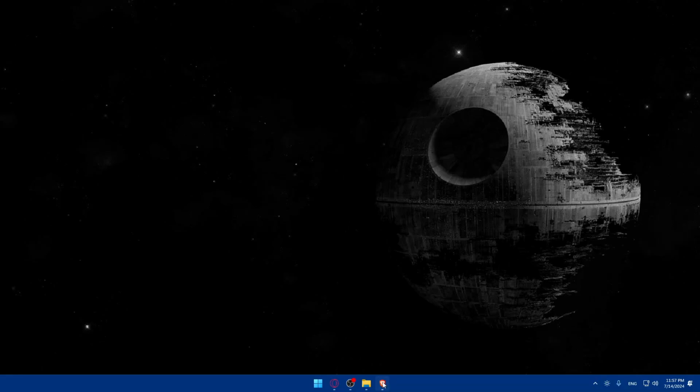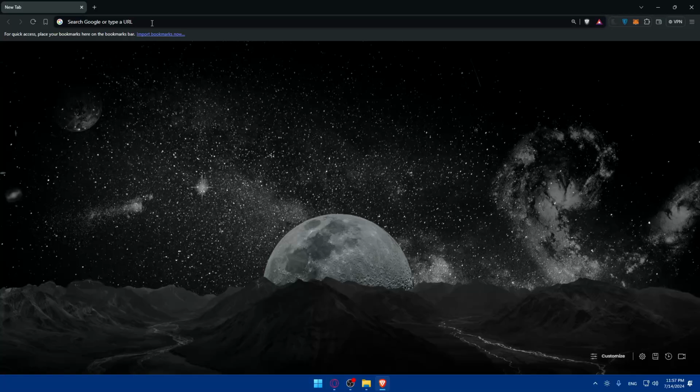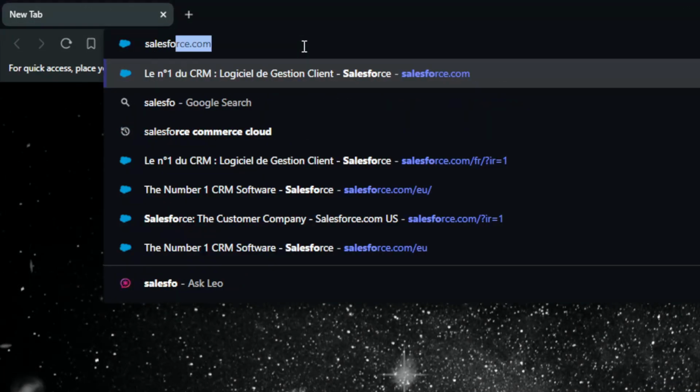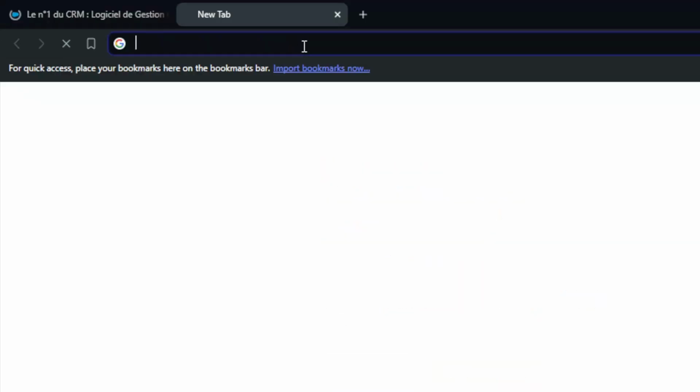First, we'll need to go and open a browser. For me here, I'm using Brave. For you, you can use whichever you want. Once you open it, of course, you'll need to go and open both our Mailchimp account and Salesforce account. So go here, type salesforce.com, open a new tab and go to